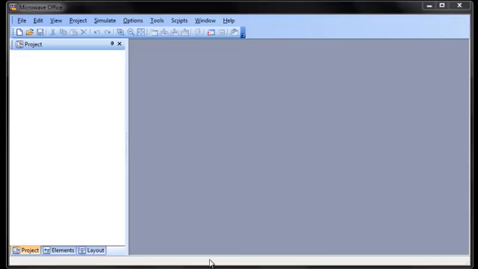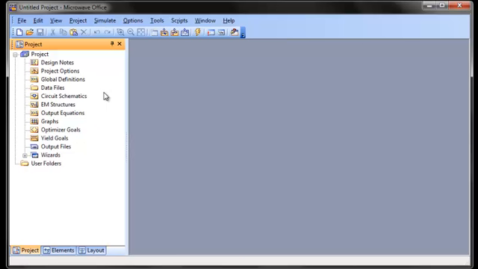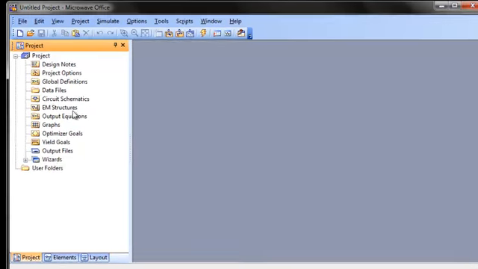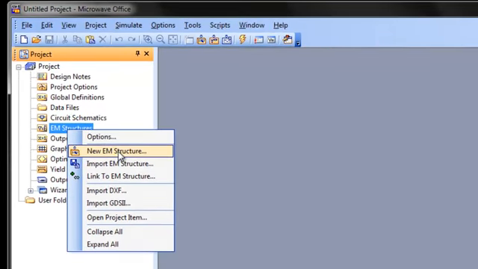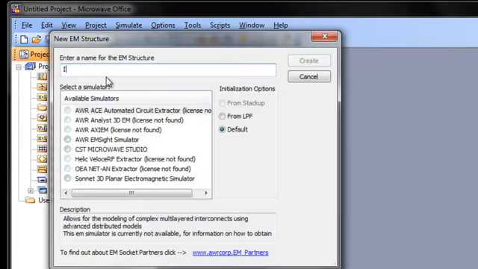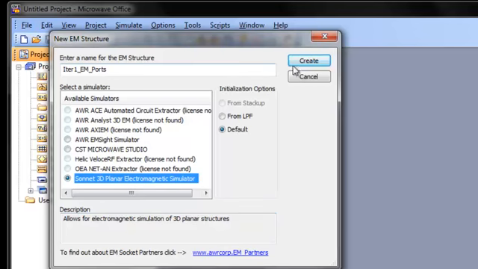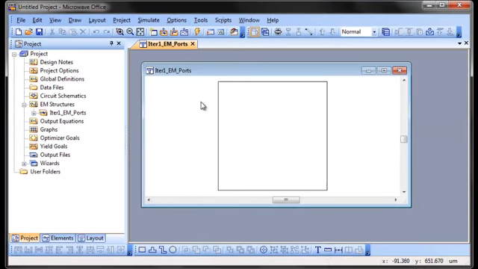And here we have a fresh blank AWR session, which will open up a new project. I'll show you it's really quick to bring in this project where we've already created and simulated our EM ports into AWR simply by creating a new empty project in AWR. We'll call it Iter1 EM ports, and we'll select Sonnet as the simulator for this structure. I will create. And it gives us a blank project now into which we can basically push the completed Sonnet